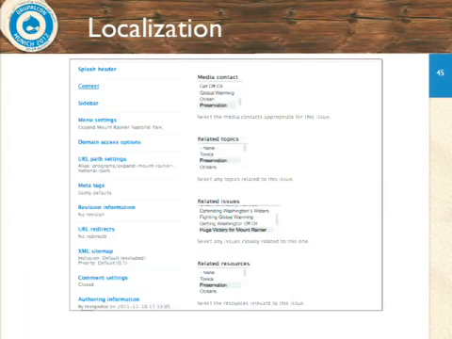Those things are then enhanced by localization settings on individual pages that'll let you say, I want the media contact to come from this category of person, or I want different things to appear on this local page. And what we have are default settings from the primary domain that are then customizable on each other domain and then overridable on a per-page basis.